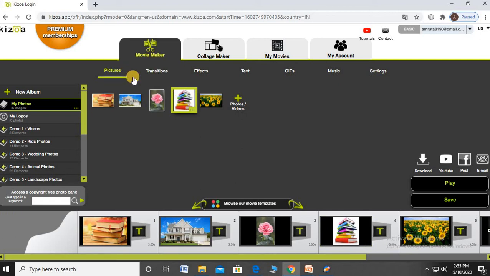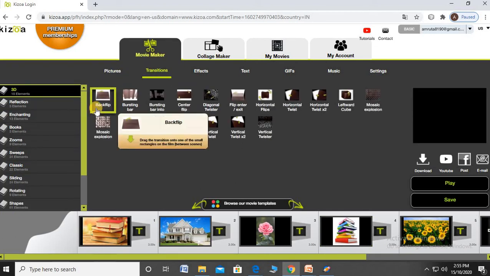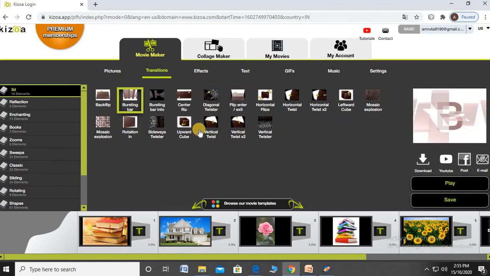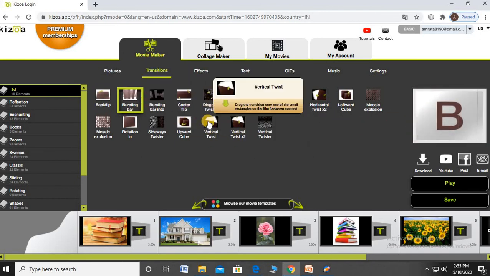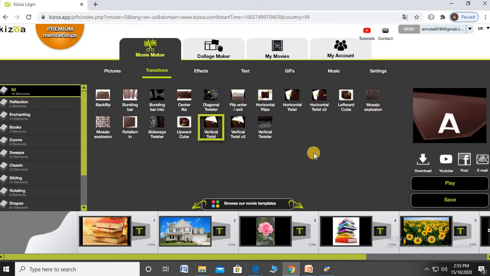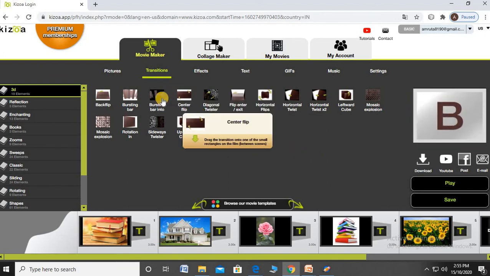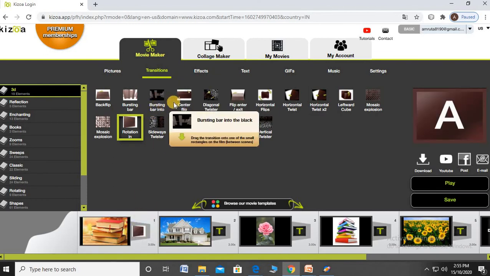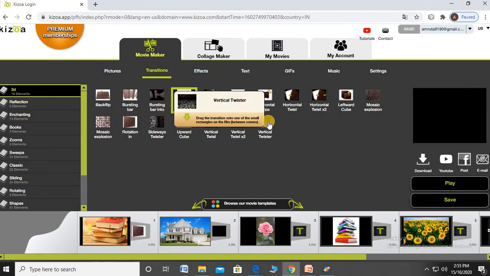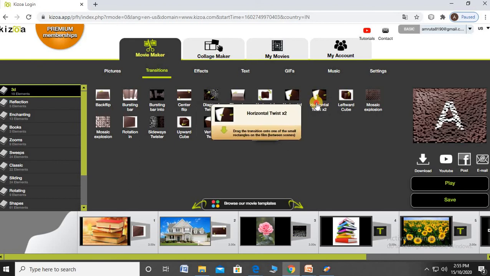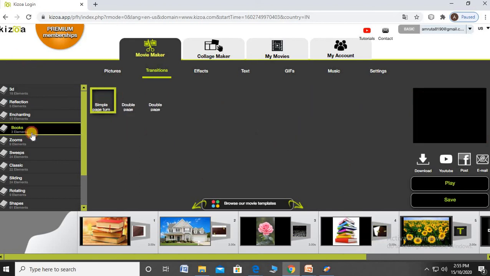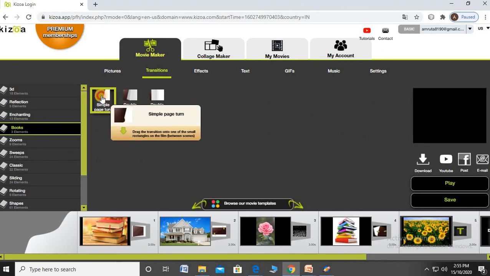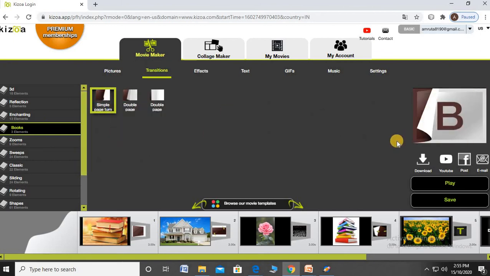After that, transition effects are given. For example, these are the samples. How to show it? Just like when you use PowerPoint, the transition effects are the same, whichever you want is set there, and there are options also. Just samples are there.